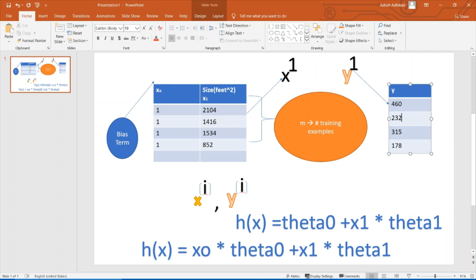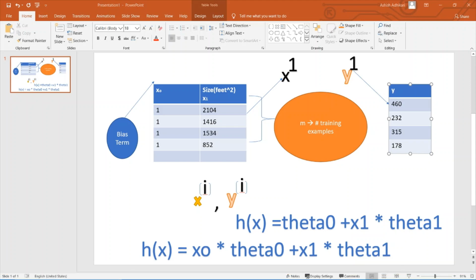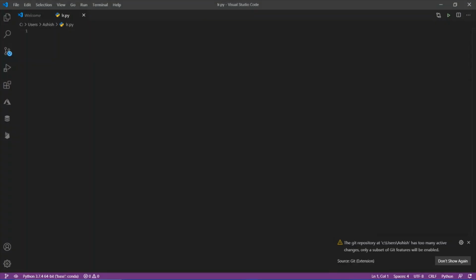Okay, then let's dive into the code section now. So first we need to import some libraries. So I'm going to import pandas and numpy over here.